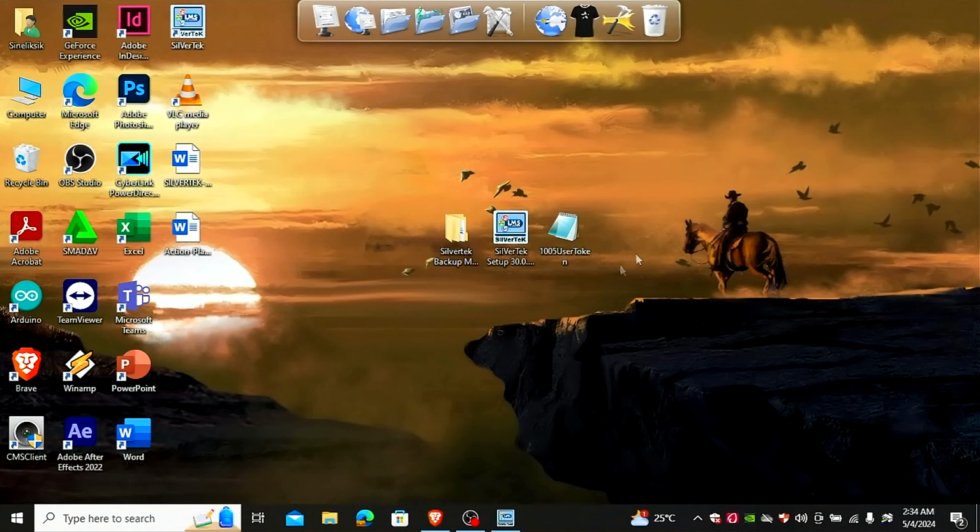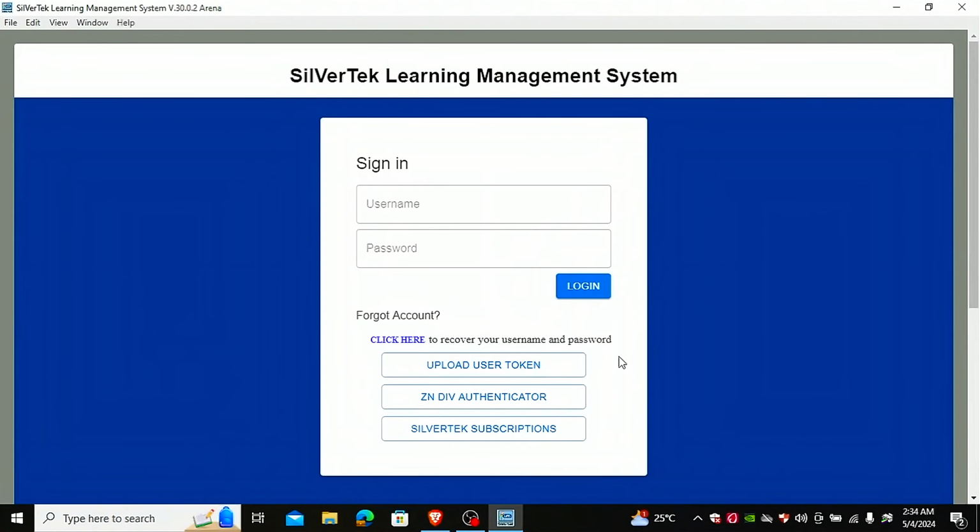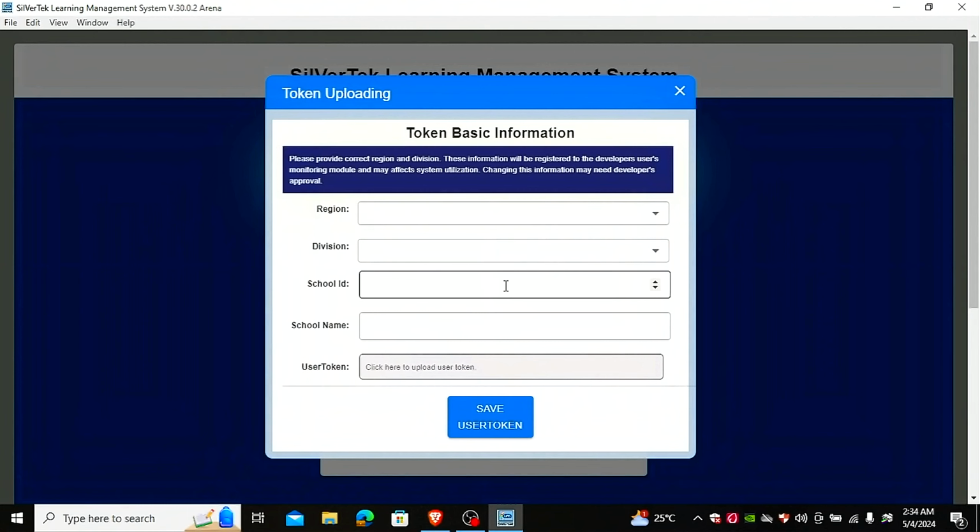So I need to go back to Silvertech and then I have to click on upload user token. So click on this and then you have to update your region, division, school ID, school name, and user token. So please provide correct region and division.